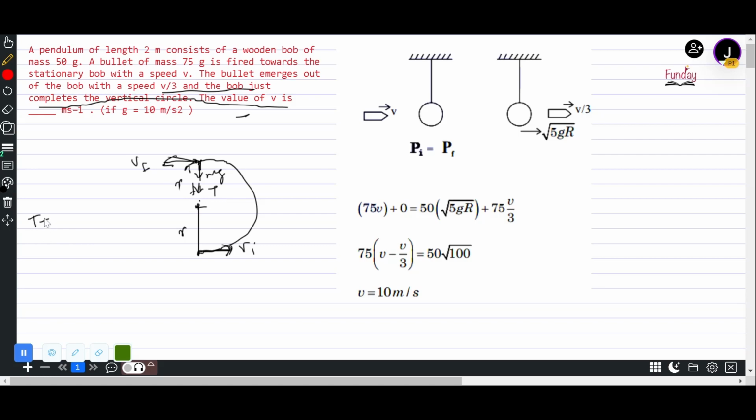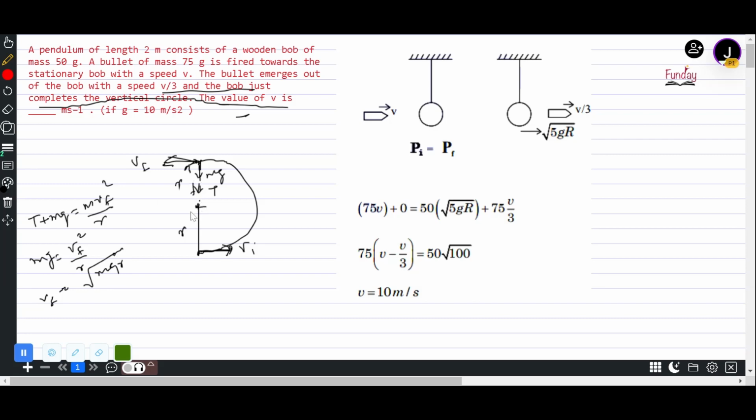So T plus mg is equal to m v final square over r. And T is almost zero, the string will slacken. So that means mg is equal to m v square by r, so v on top is root of gr,